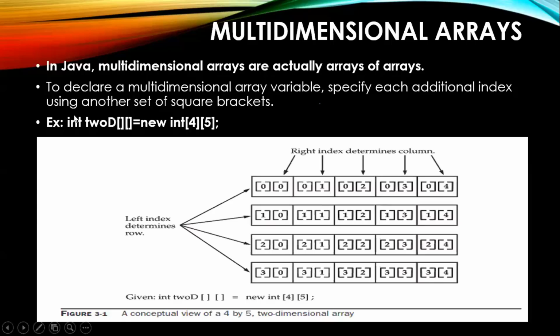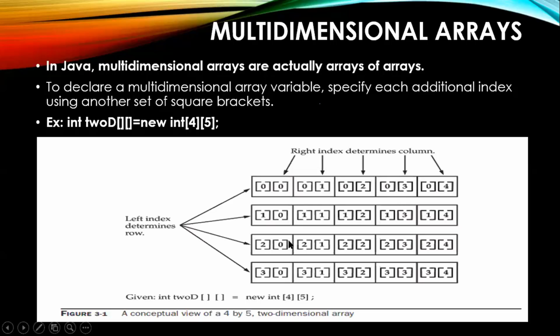So according to this particular declaration, int 2d of, right, so 2 dimension I am saying, is equal to new int of 4 rows 5 columns, right? 4 rows and 5 columns. Clear with the declaration and a representation of the same declaration. That means if you are declaring a two-dimensional array using this particular statement, internally this is how it will be saved,